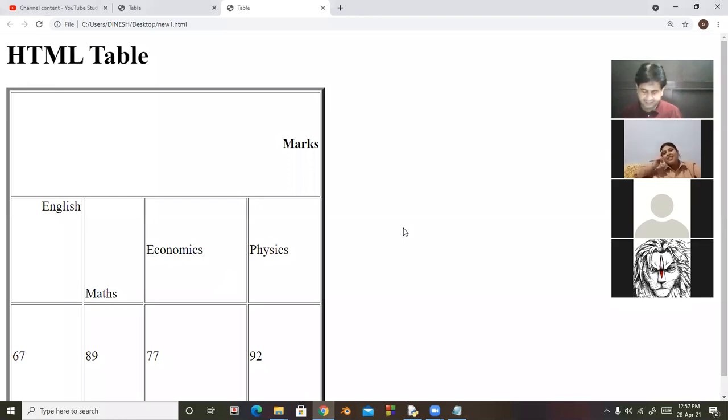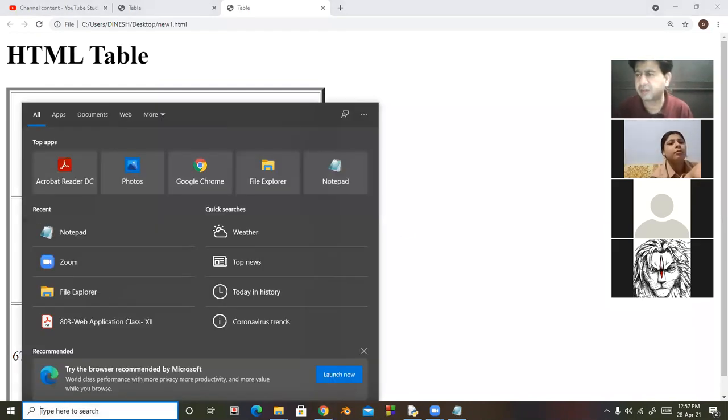Okay, students. Next, because there are some more tags of a table.